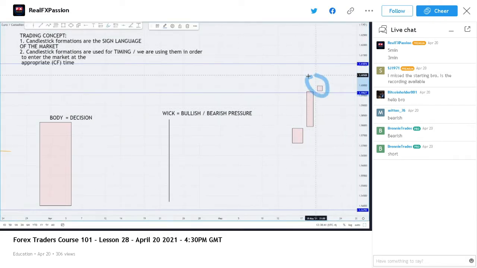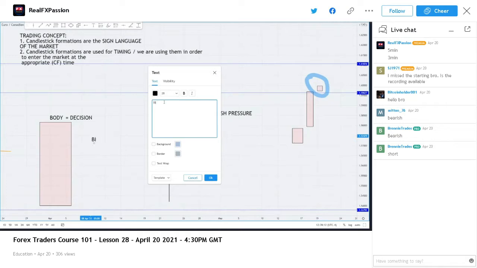What do you think, everybody? Is this decision strong or not strong? Is this decision huge or not huge? Is this decision big or not big? I mean, we can use whatever vocabulary we want, but compared to the other candles before, right? Let's use the vocabulary strong or not strong, just to make it simple for the beginner